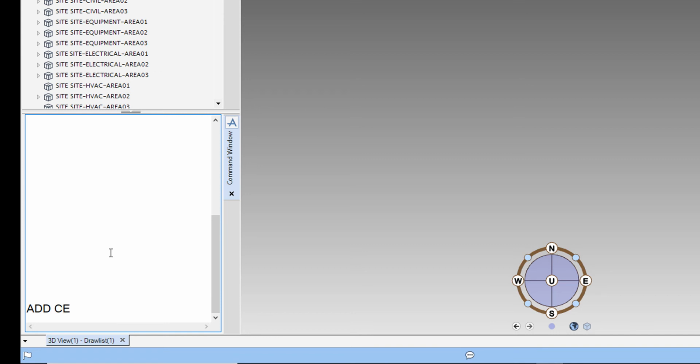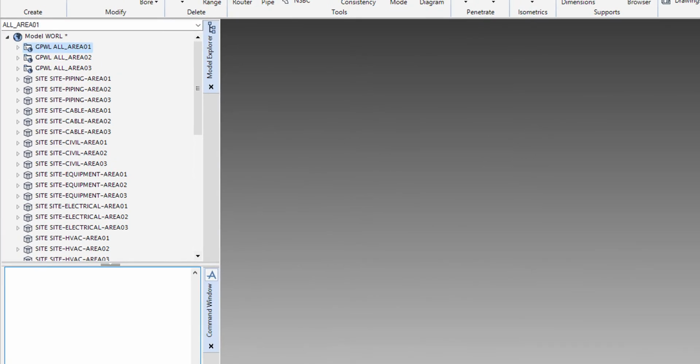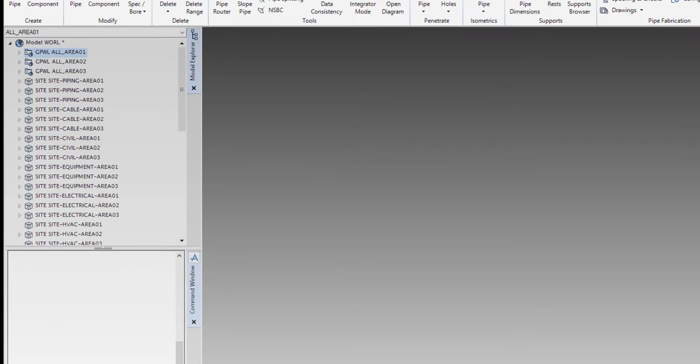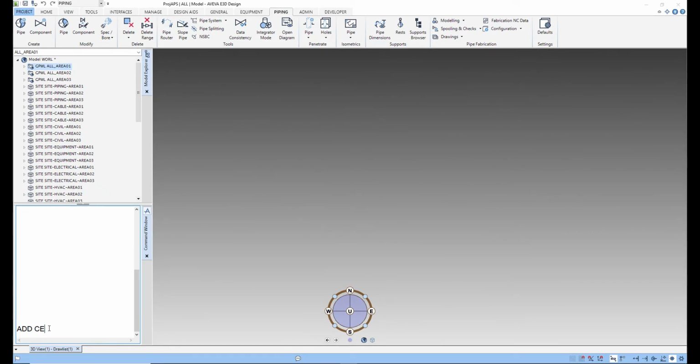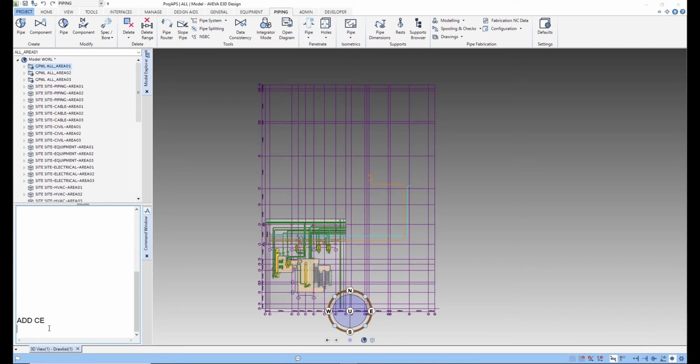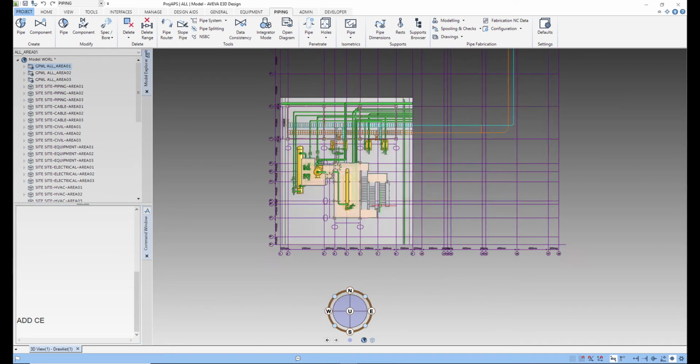So current element means where your hierarchy is now, that is called C. So add C will also add that item in your draw list. It is there.